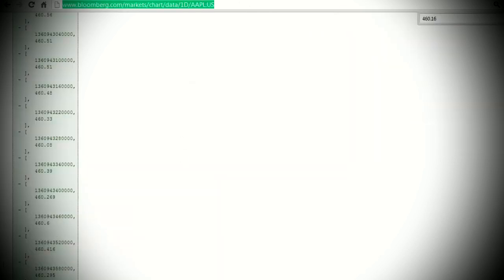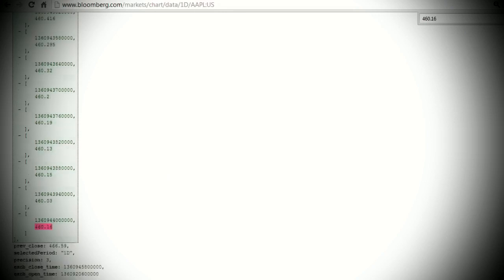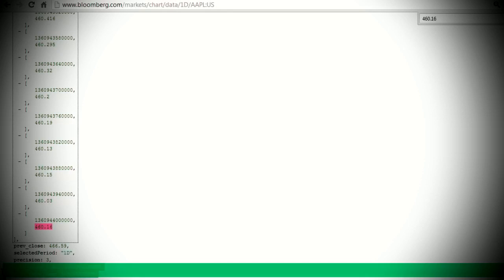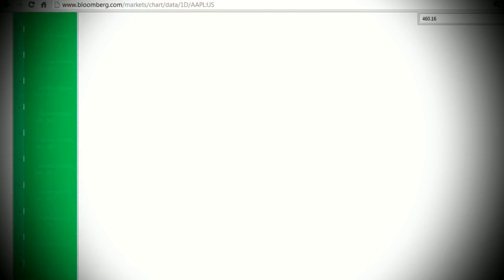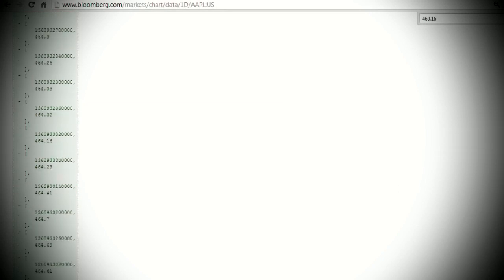And let's see if there's any information down here. Precision is 3. So that makes sense, I guess. I think these timestamps aren't exactly on the minute. I think they are a little bit off